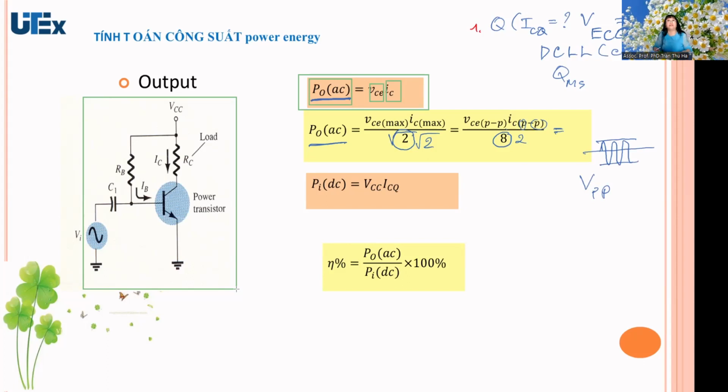Các em có thể công nhận cái phương trình. Đây là người ta tính cái công suất của ngõ ra, và công suất của ngõ ra đối với tín hiệu xoay chiều, và giá trị VCE và IC này nó có giá trị là giá trị của dòng xoay chiều cực đại. Thế thì ở đây người ta mới nói nè, đây là giá trị hiệu dụng. Và như vậy giá trị hiệu dụng thì người ta phải lấy nguyên cả một cái chu kỳ